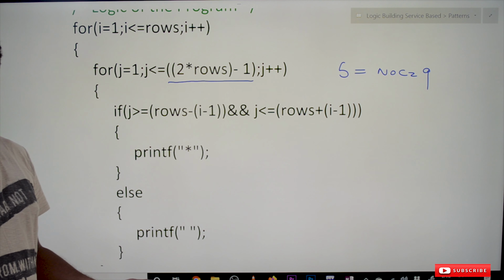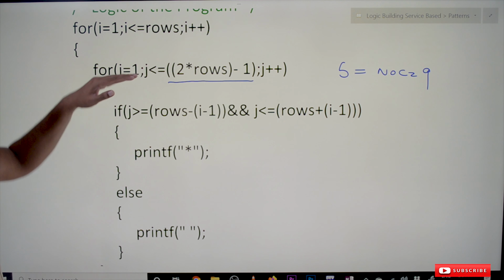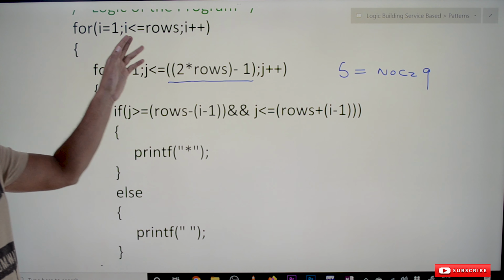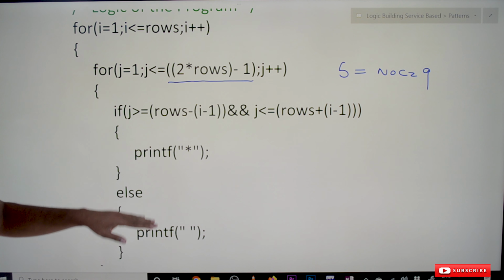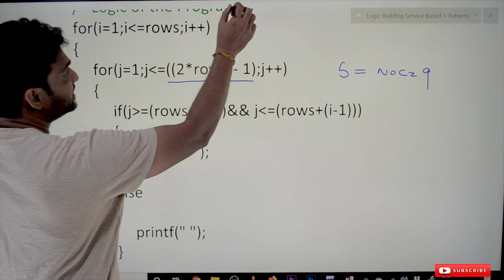It's very simple. So this for loop is going to print the columns and this for loop is going to count the number of rows. This is the logic of the program.